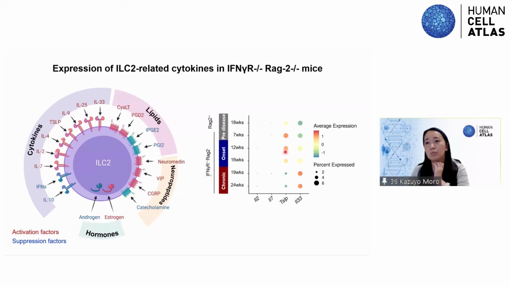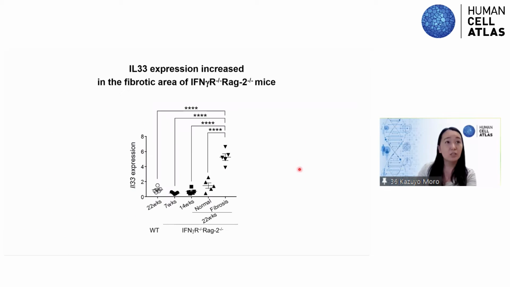And TSLP expression looks lower during this disease. And what we think is interesting is that IL-33 expression becomes high during this disease. So we confirmed IL-33 expression by qPCR. In 7-week-old or 14-week-old mice, we cannot find collagen production, but in this age,